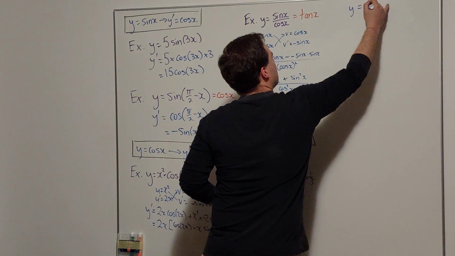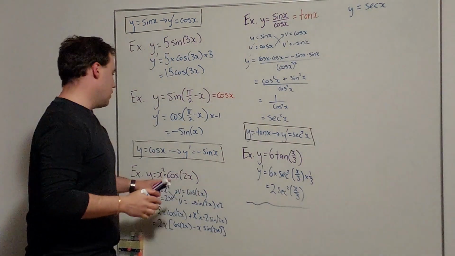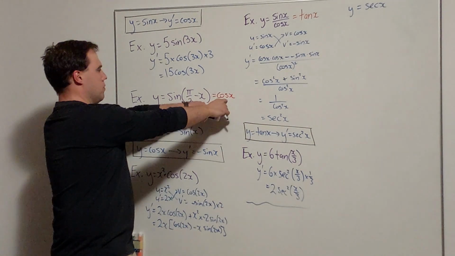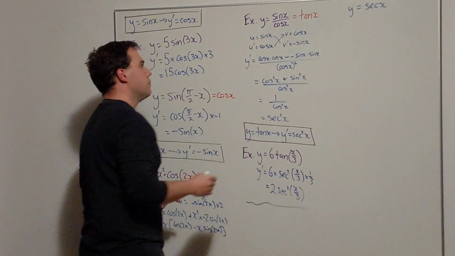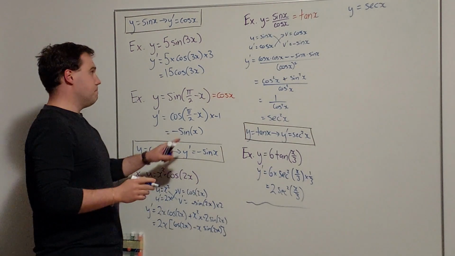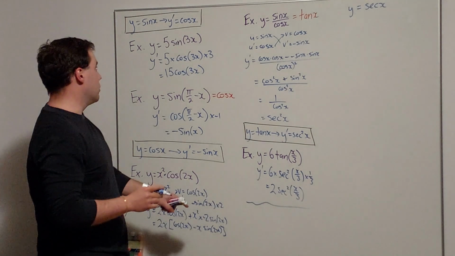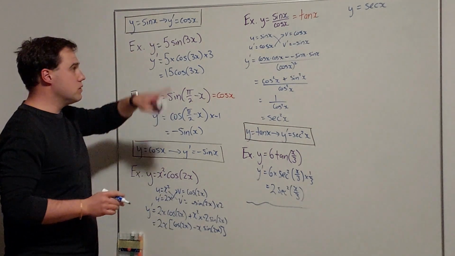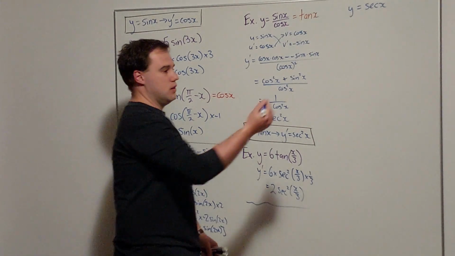So just like I've gone from here, we could have started here and gone to here, and gone from here to here. Notice, for example, like the tan x one, I got it in terms of sine and cos because we know their derivatives. So sec x, which should hopefully be known,